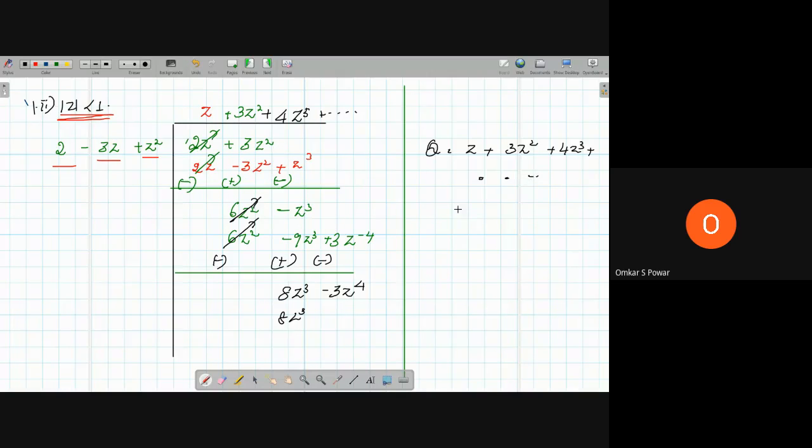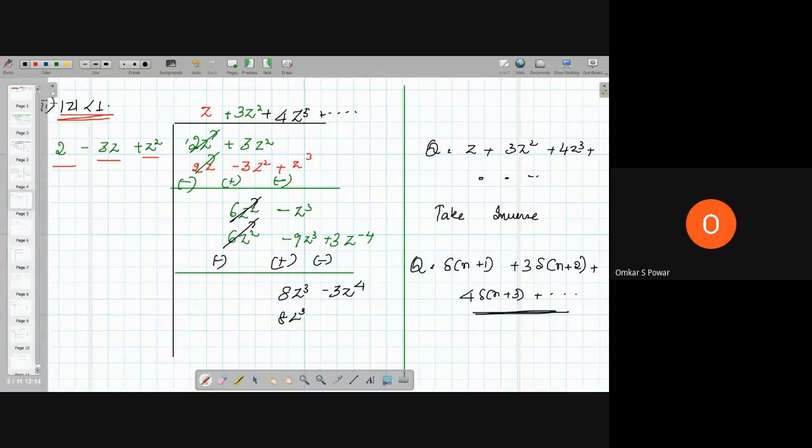So now what we have to do? We have to take the inverse. So take the inverse. So what you will get? x of n is equal to delta of n plus 1 plus 3 into delta of n plus 2 plus 4 into delta of n plus 3 and so on. So just like the previous thing we have solved here. So now what is our second condition? So we have got our second condition. Sorry for that one. So mod z lesser than 1 was our second condition.